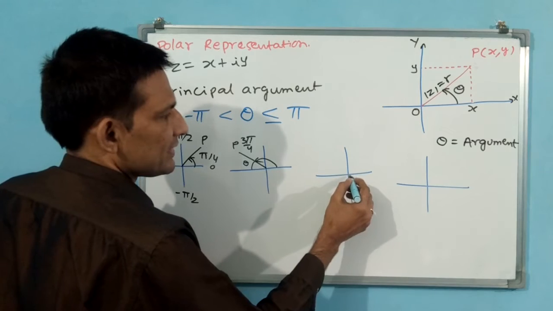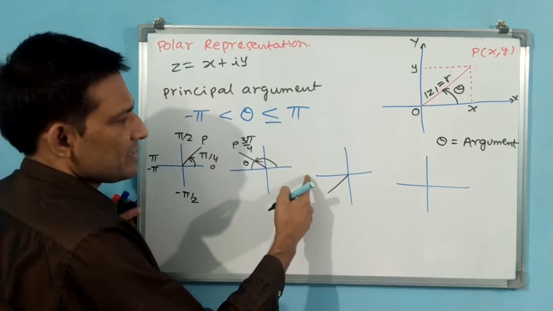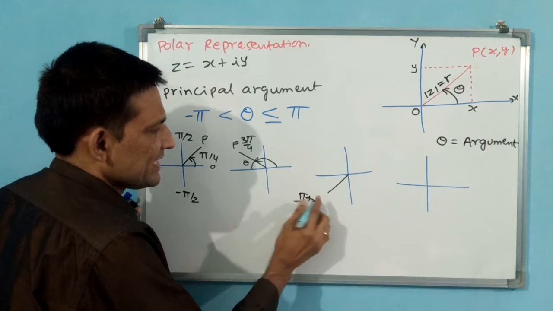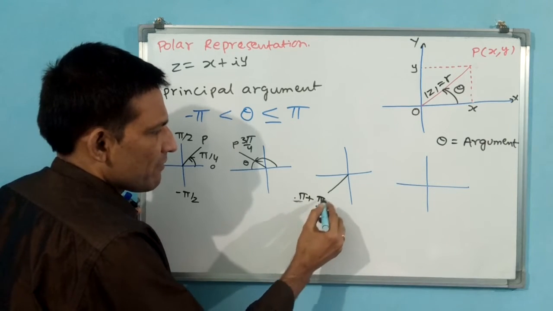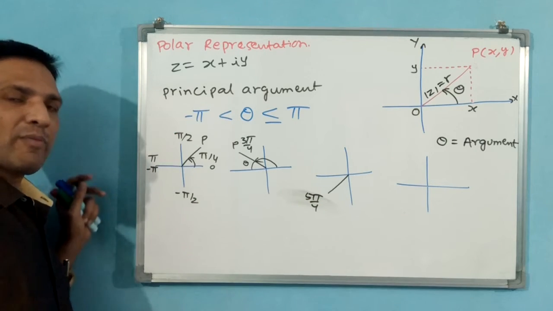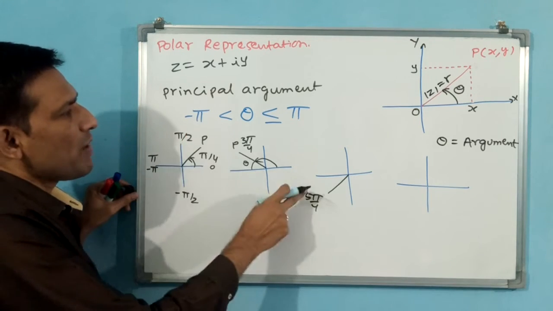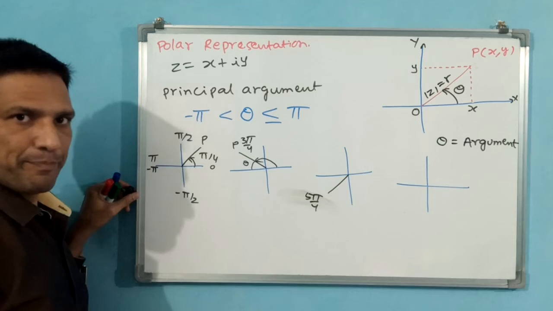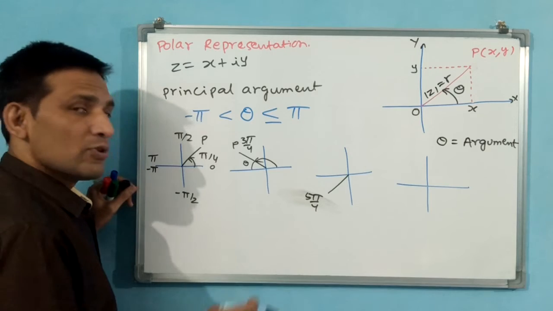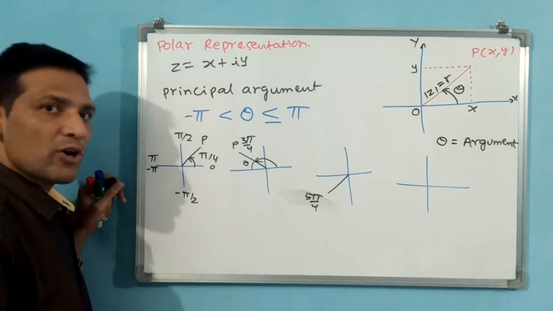Now you come here. This is the angle. See, pi plus pi by 4, that is 5 pi by 4. Shall I write 5 pi by 4? First you think. No. Why? Because 5 pi by 4 means it is going beyond pi. But we are restricting up to pi only. Then what you have to do? Immediately you have to take it in the minus area. Like that you have to do.